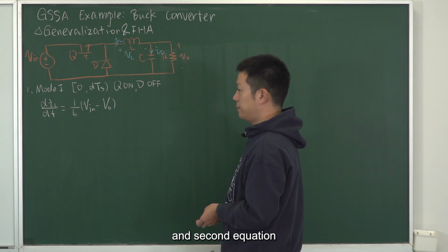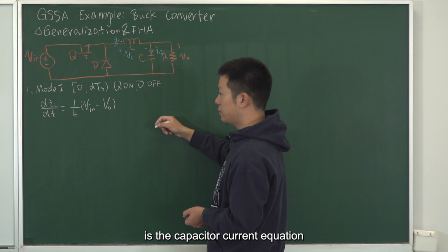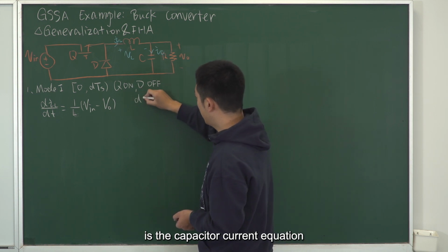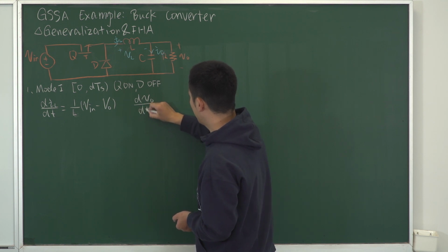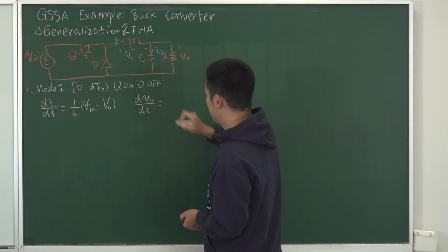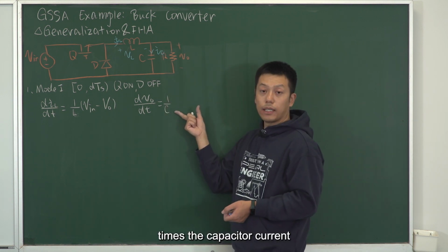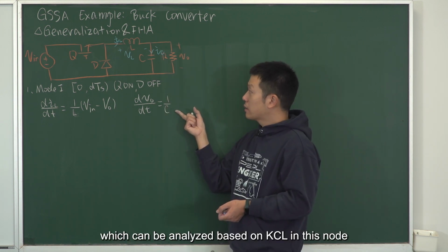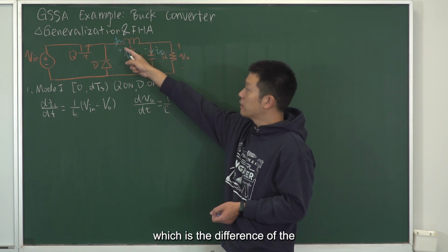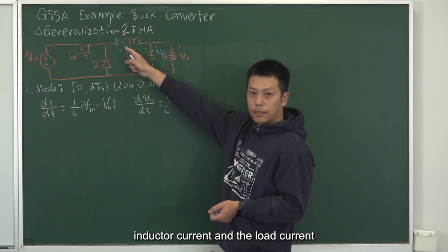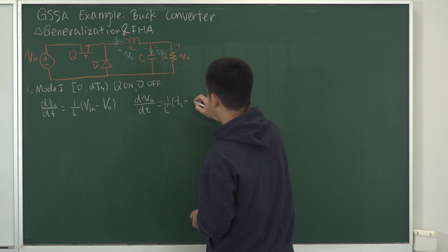And the second equation is the capacitor current equation, right? So dVO over dt equals 1 over C times the capacitor current, which can be analyzed based on KCL in this node, which is the difference of the inductor current and load current, minus